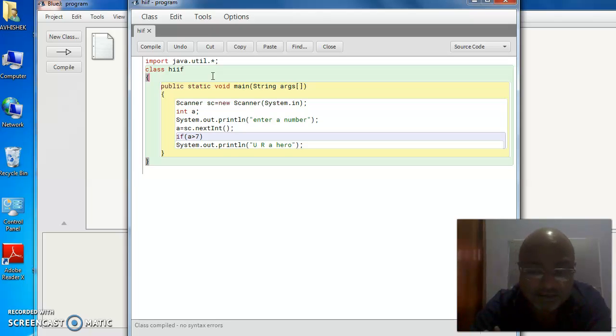Now the operating system will take this data. Java has to take this data from the operating system. So Java has to create its own object of the Scanner class and take the input from the operating system,